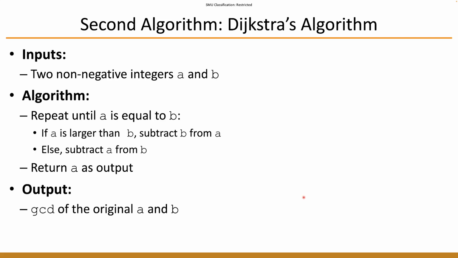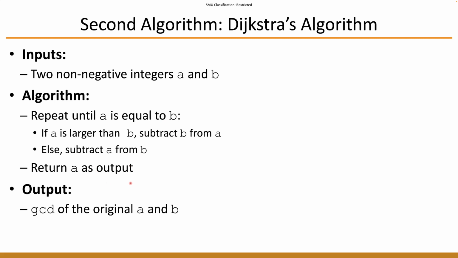Okay, so let's see if we try to express this modified and more efficient version of the algorithm, how do we represent that? So we have A and B. We repeat the following two steps until A equals B. If A is larger than B, then we subtract B from A. Otherwise, we subtract A from B, right? So very simple process. And we will just keep doing this until A equals B, at which point we'll return